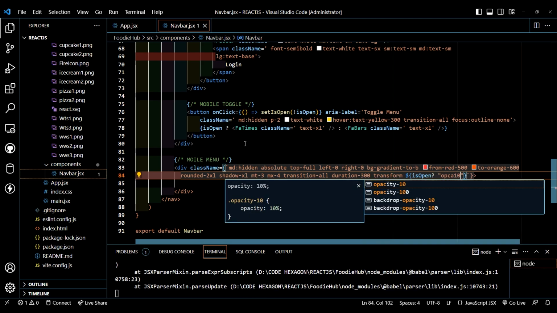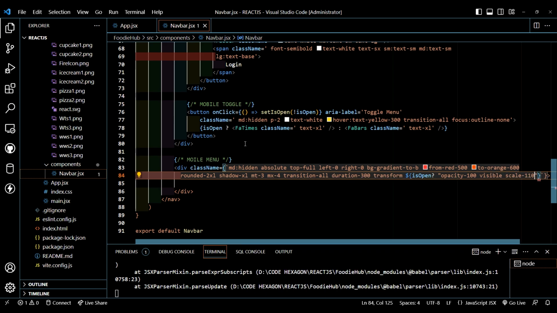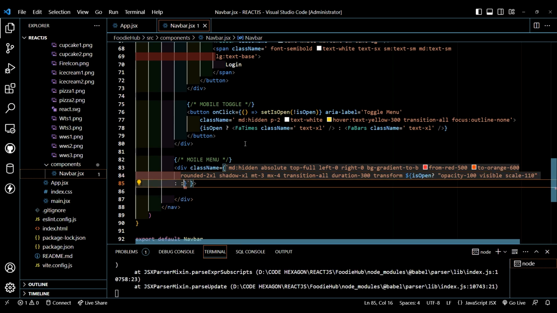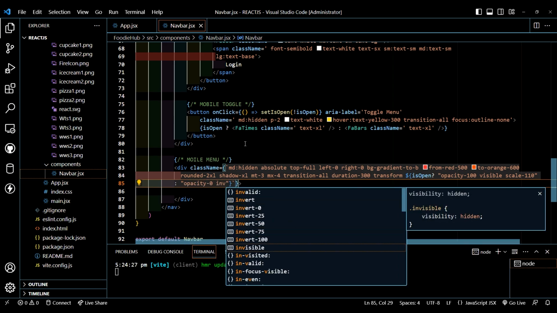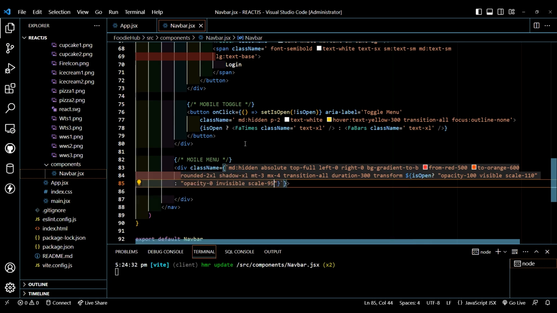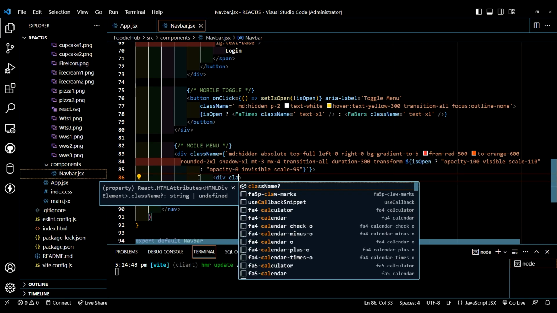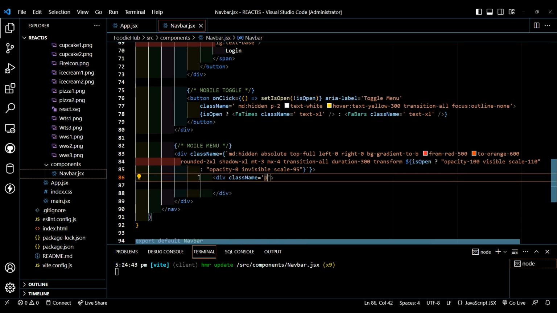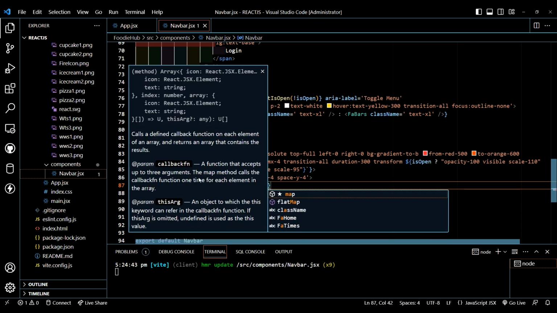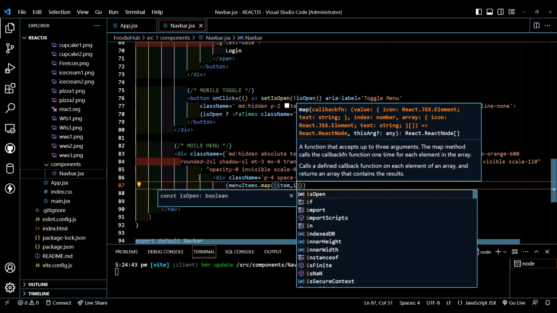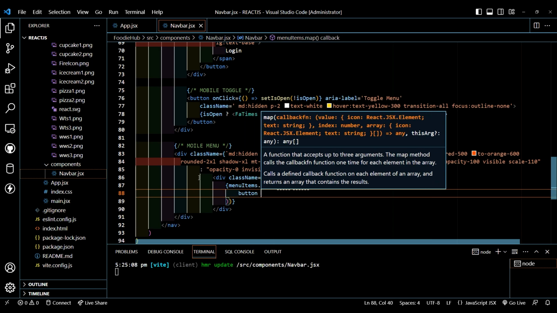then opacity will be 100, visible, and scale will be 100, else opacity will be 0, it will be invisible, and scale will be 95. Now let's create another div, class name, padding will be 4, space from y-axis will be 4, menu item dot map, let's pass two values, item comma index, let's create arrow function, let's create button,